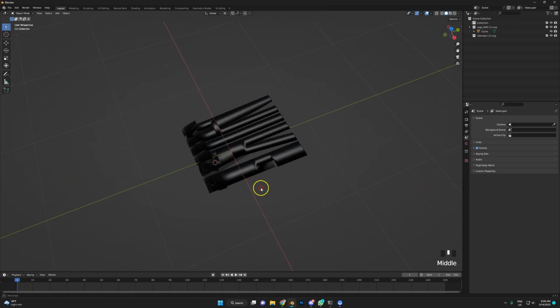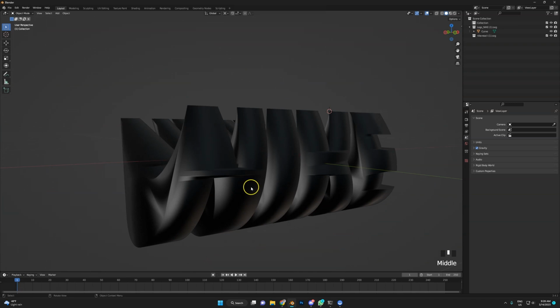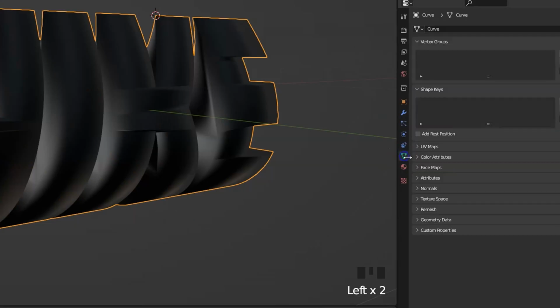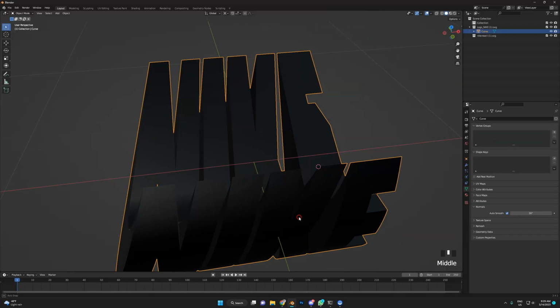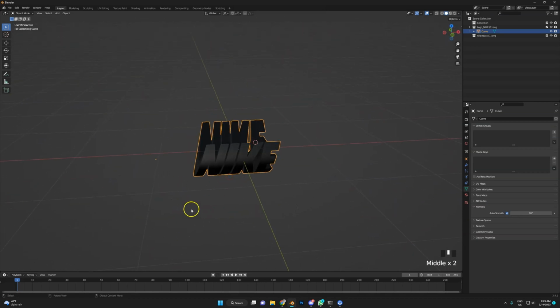So now we got this broken boy right here. What's going on here? These are broken normals. Easiest way to fix these normals is to go to normals right here and auto smooth this boy. Looking pretty tasty right there. Okay, now